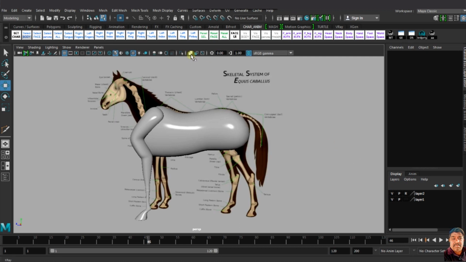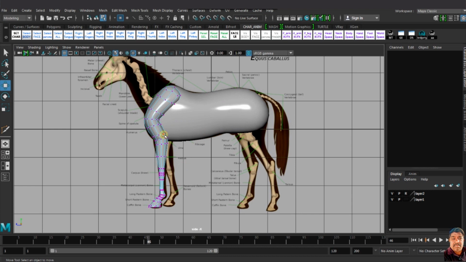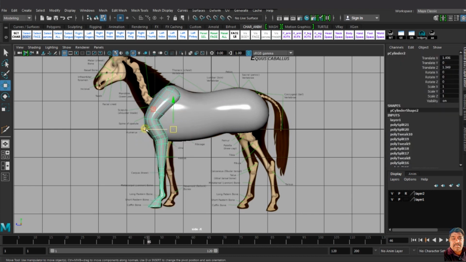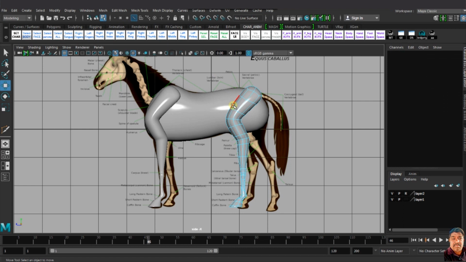I just duplicate the front leg and go to rear leg, make it rear leg.